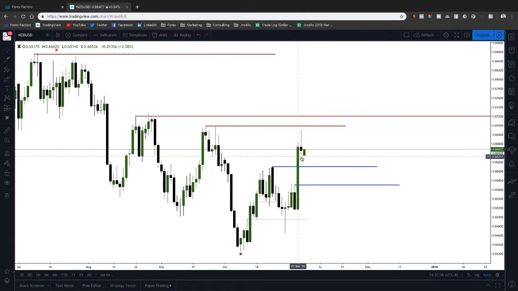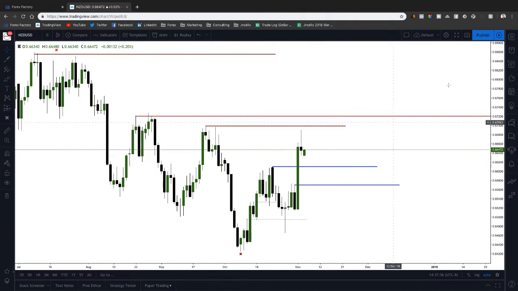So for New Zealand dollar, I'd like to see it come back into these levels, and once we get there, I'll basically have more information about what I should do. Should I buy it at these levels based on finding support, or are we trading right through it, and do I need to wait for some level of resistance for this market to trade in, and then we could look to sell it?